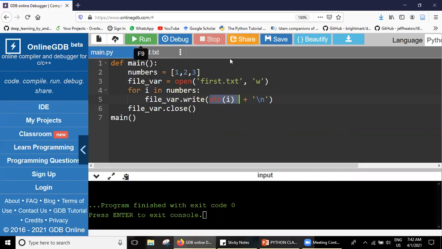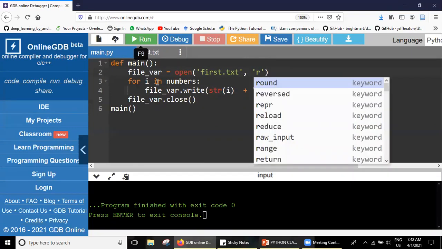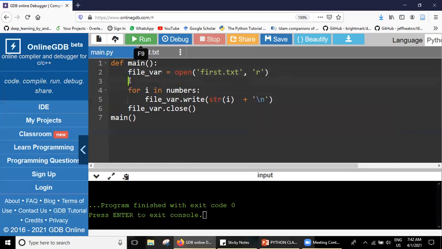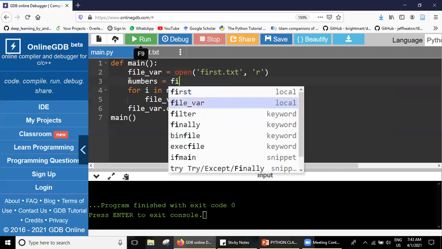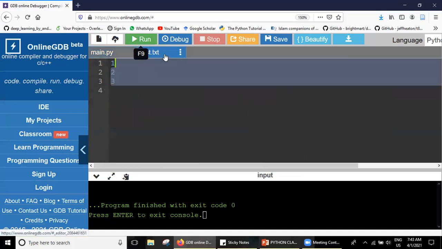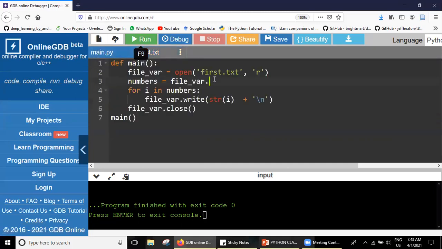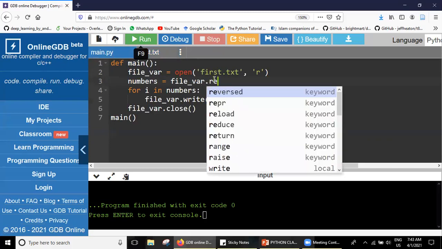So let me remove this list now and let me try to read whatever is there in the file. Now I just try to read all the numbers. This is a file which stores only text, right? So do we have any numeric file like that? Binary ones, you can store in binary. So the text file will store the numbers also, but in the form of a string. It will consider the numbers as strings.